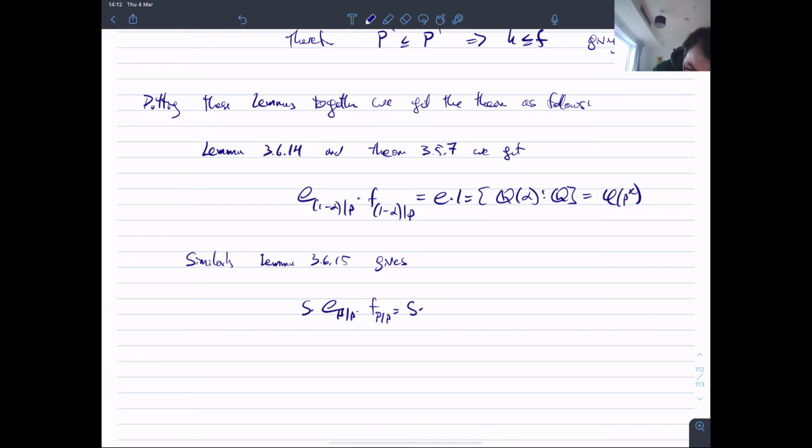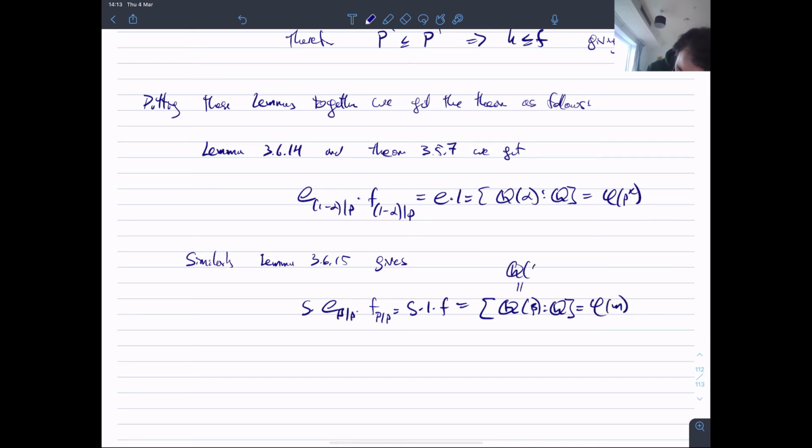This is s times 1. It's unramified, so this is times f. S is the same. I checked that my prime was unramified, so all of these are 1. And I know that this residue degree is the same as this f, which is the multiplicative order of p mod m, and combine this with the result, which tells me the degree of the field. It tells me that this is this degree, which is,